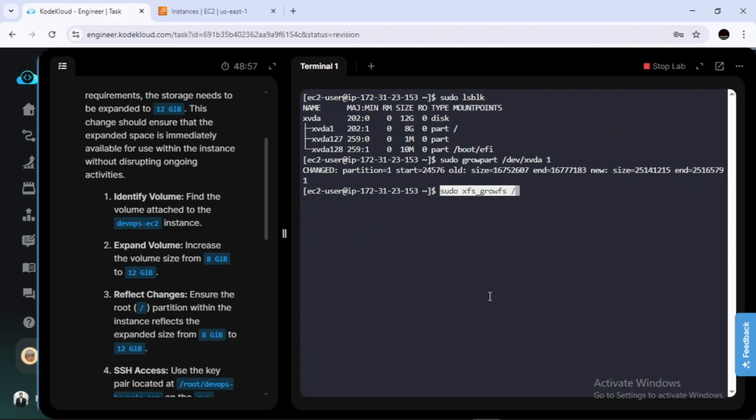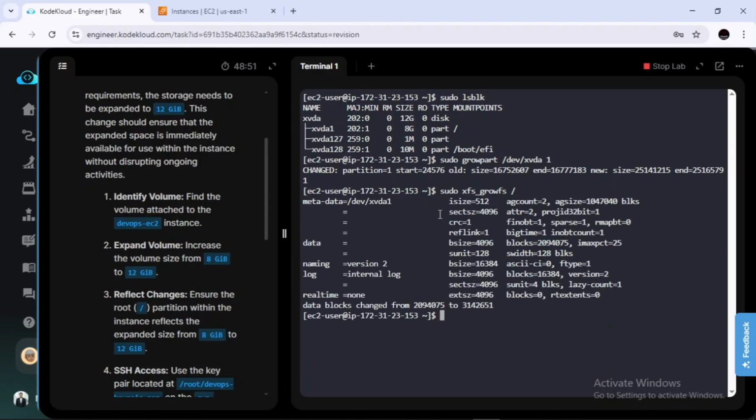For this the command is this. I'll provide all these commands in my git repo. Data blocks changed from this to this. Now run the command df -h.